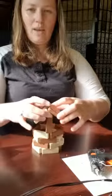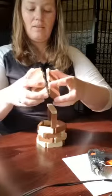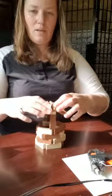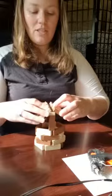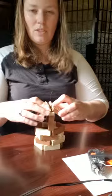Okay, so you'll want to kind of look at what angle you want it on, okay? So you could do it all the way at the top and glue it together at the top there, or you can put it going out a little more. You could put it flat going out like that, I guess. I mean, everybody has different preferences, right? So this is where it gets difficult, is trying to get these angles